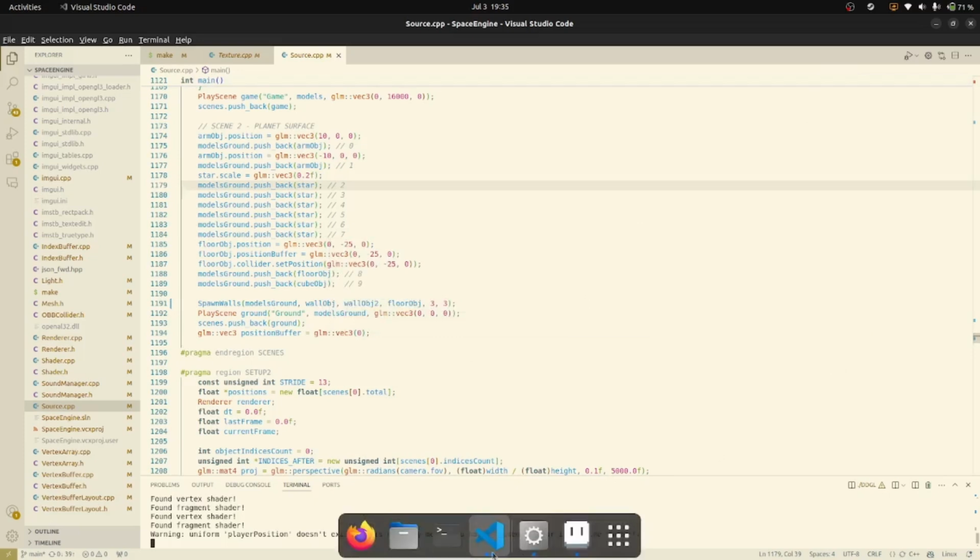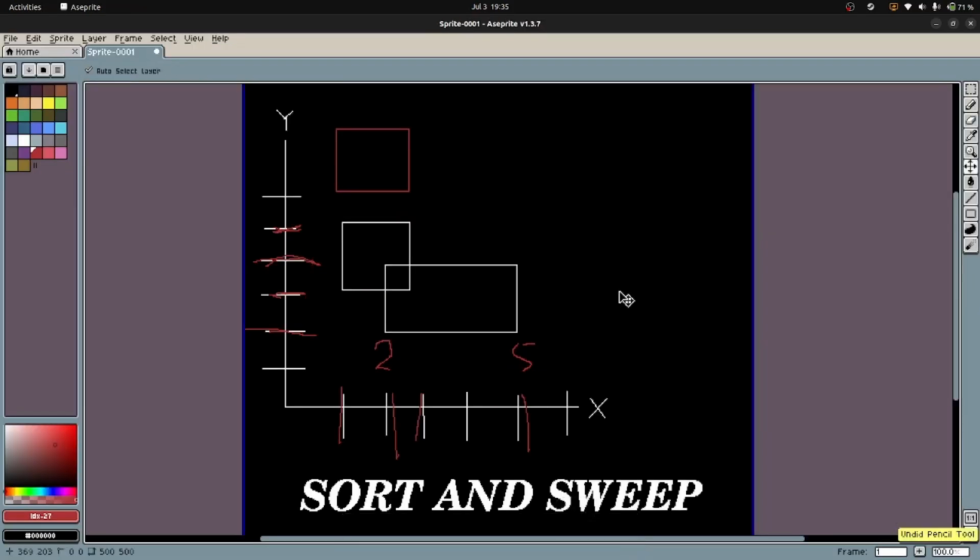Now, what do we do if we are colliding? What do I do to Aciprite? Come on. If we are colliding,